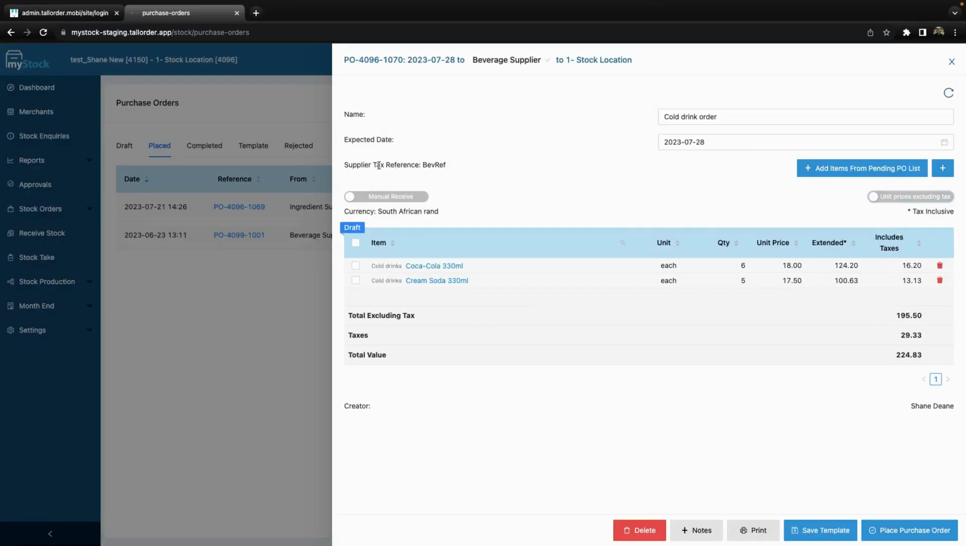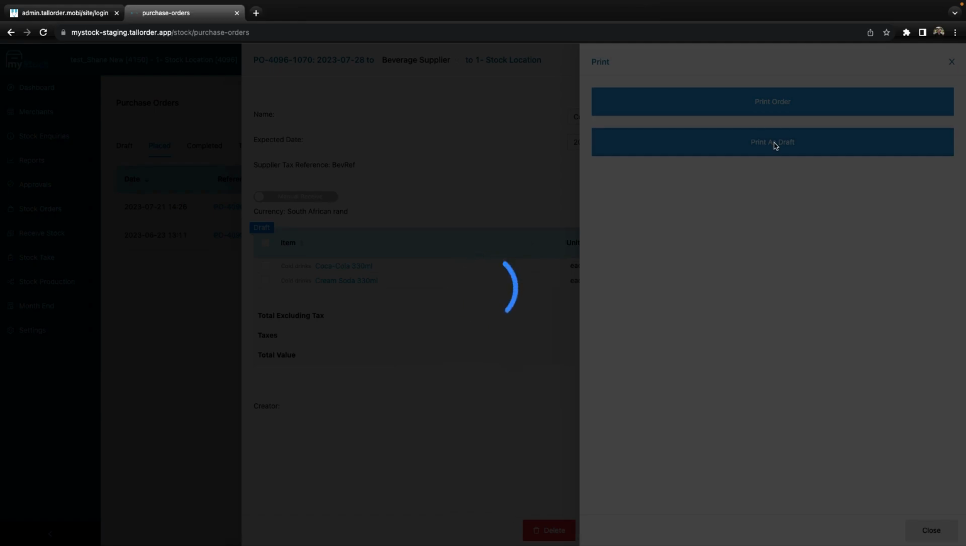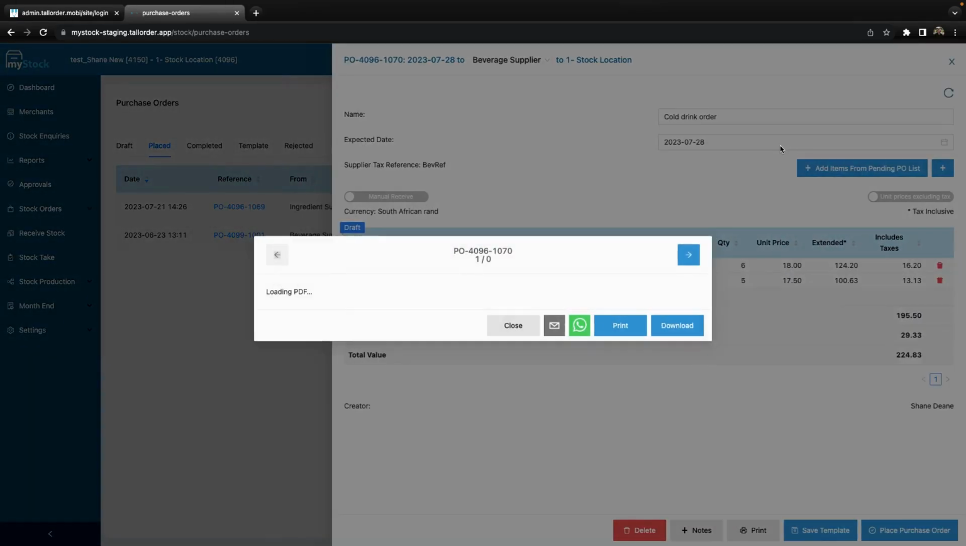Over here, you'll see that there's a supplier tax reference. So this is the supplier tax reference over here. This means that if you have a supplier tax reference, that means that there is tax included in the purchase order. So every time you place a purchase order on this specific supplier and it has a reference, then they will include taxes. You can choose to print out this draft by selecting either print order or print as a draft,